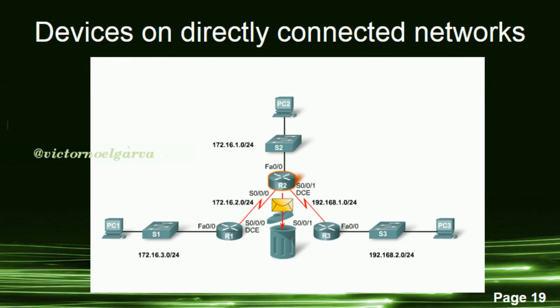The first route in the table for R2 is 172.16.1.0/24. The IOS routing table process checks to see if the 24 leftmost bits of the packet's destination IP address, 172.16.3.1, match the